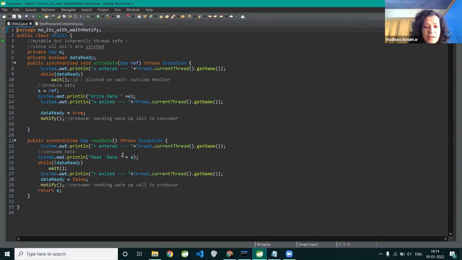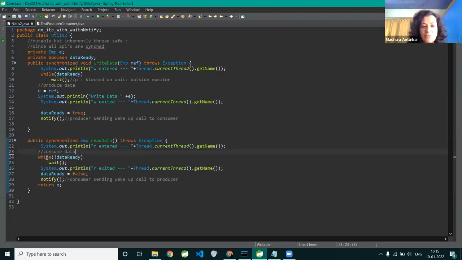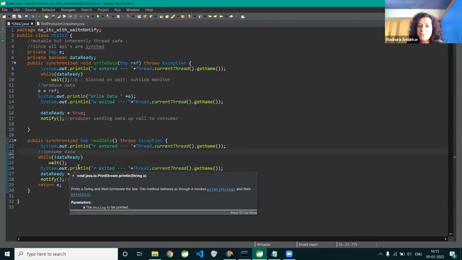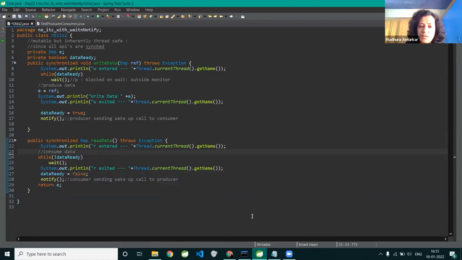It should be after that. How can line number 24 be up before wait? After wait. You can comment it out also. You're going to consume the data after the wait. That's why the problem is. You're doing it without checking. You understood the problem, Kanath? You've done it in the wrong manner.